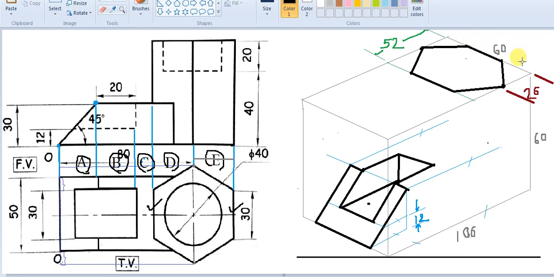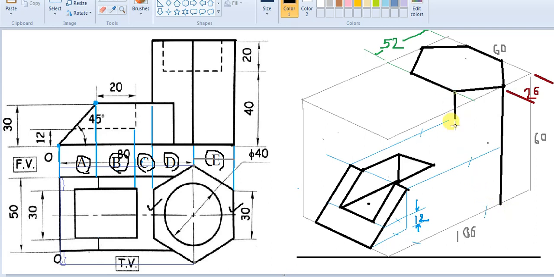Now once it is done, we know that not only the top edge but also the bottom edge would be hexagonal in shape. So that is how we can see it in the top view also. So a similar shape I have to draw at the bottom. The total height we know is 60. So from every possible corner I will draw a line of height 60.